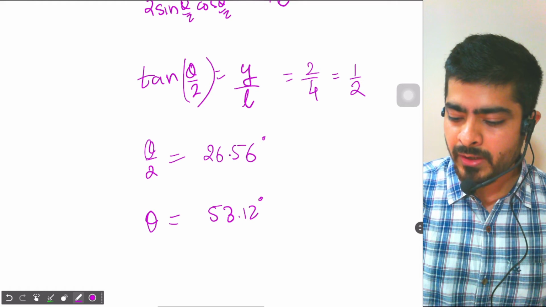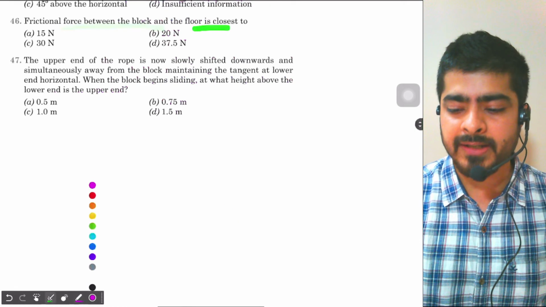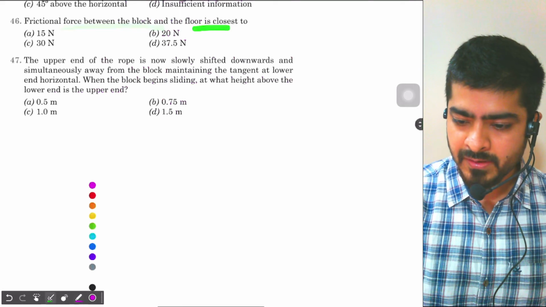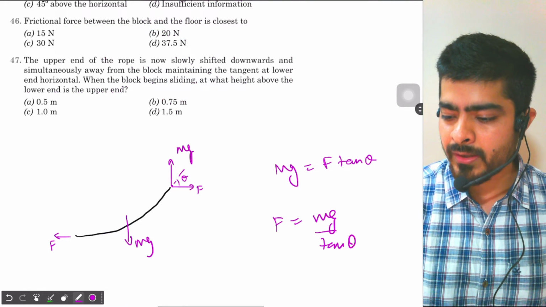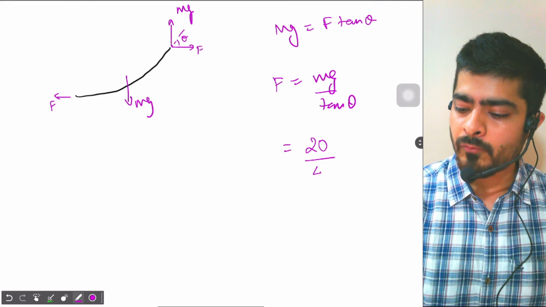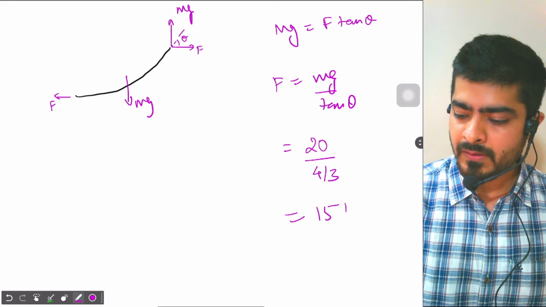So F will be equal to mg by tan theta, where we have theta equal to 53 degree and mass m equal to 2 kg. So this will be 20 by tan 53,